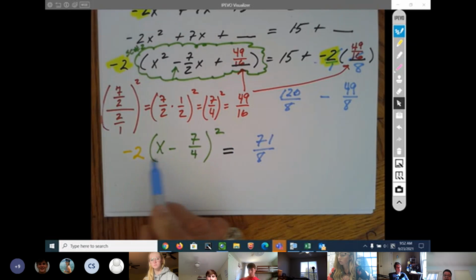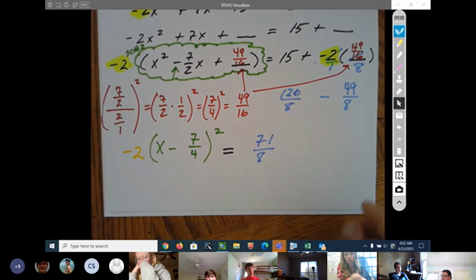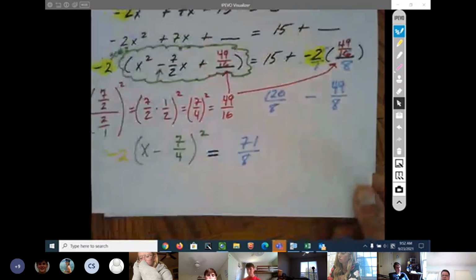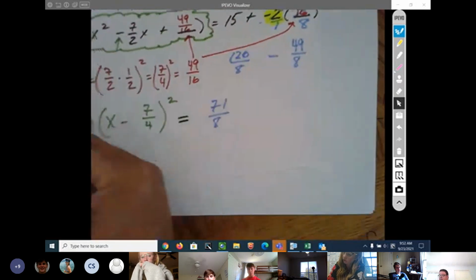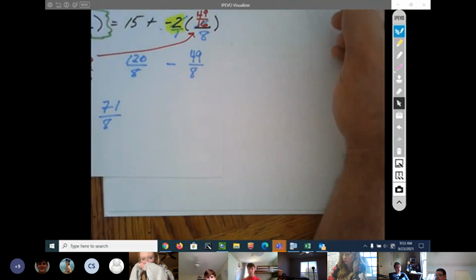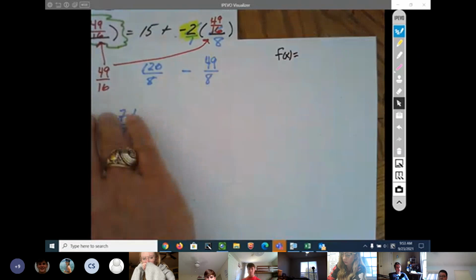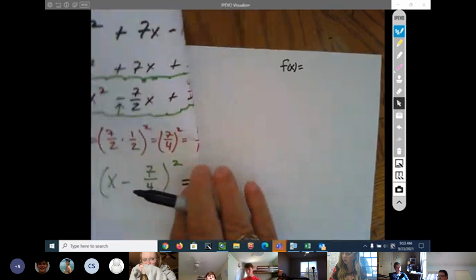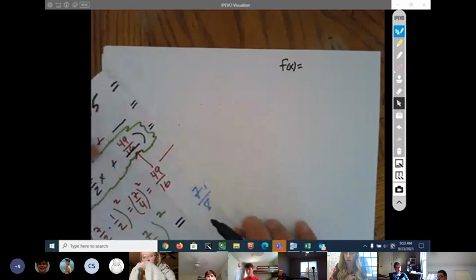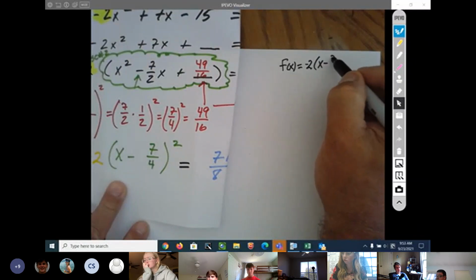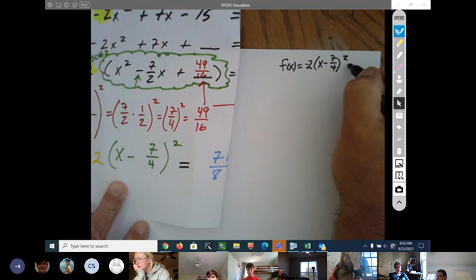All right, so now I've got here. So I'm gonna go over here, and since the homework and the test are going to ask for intercept form, I'm going to just go over here and write f of x is equal to -2. I'm going to write this right here. I'm trying to get it all on one page, y'all. Just hold on. F of x is equal to -2 times x minus 7/4 quantity squared minus